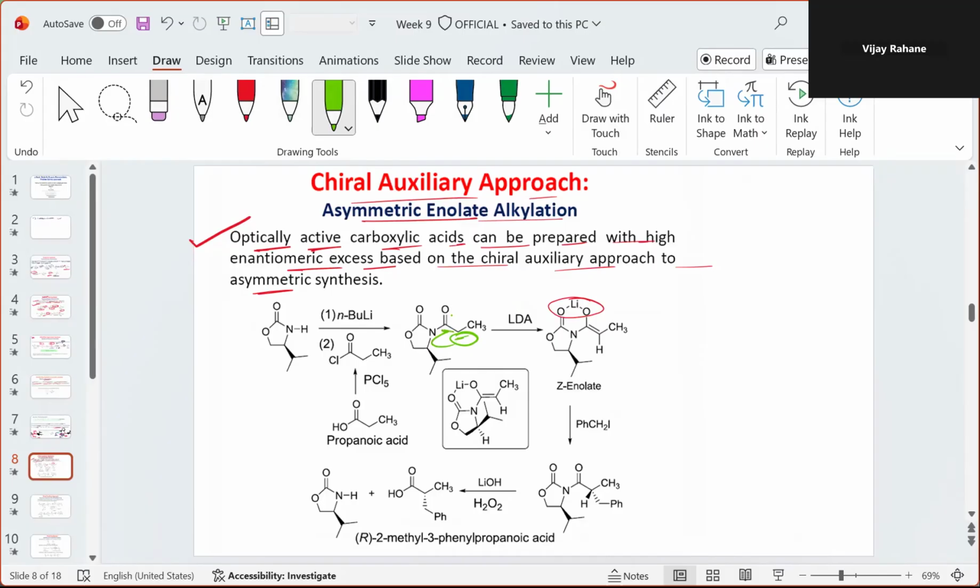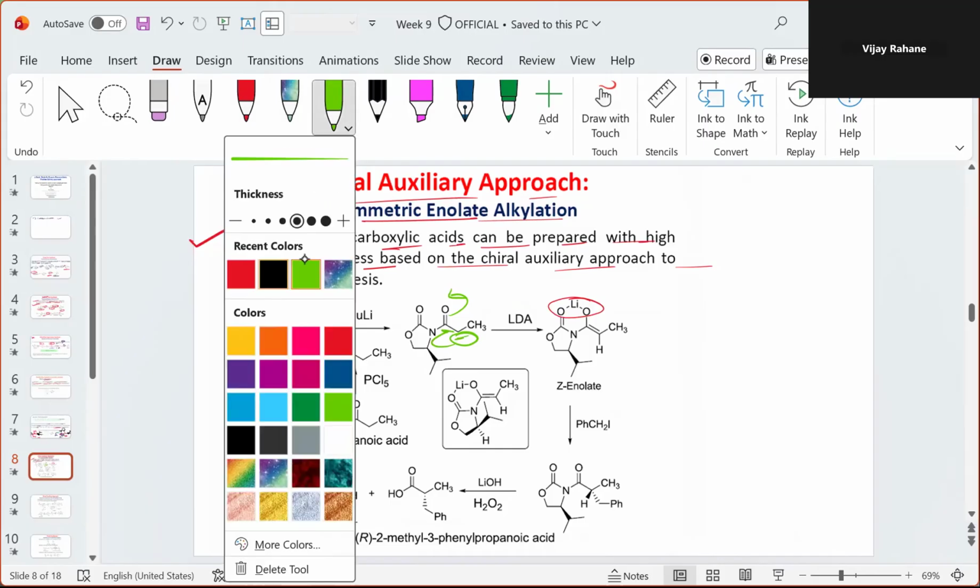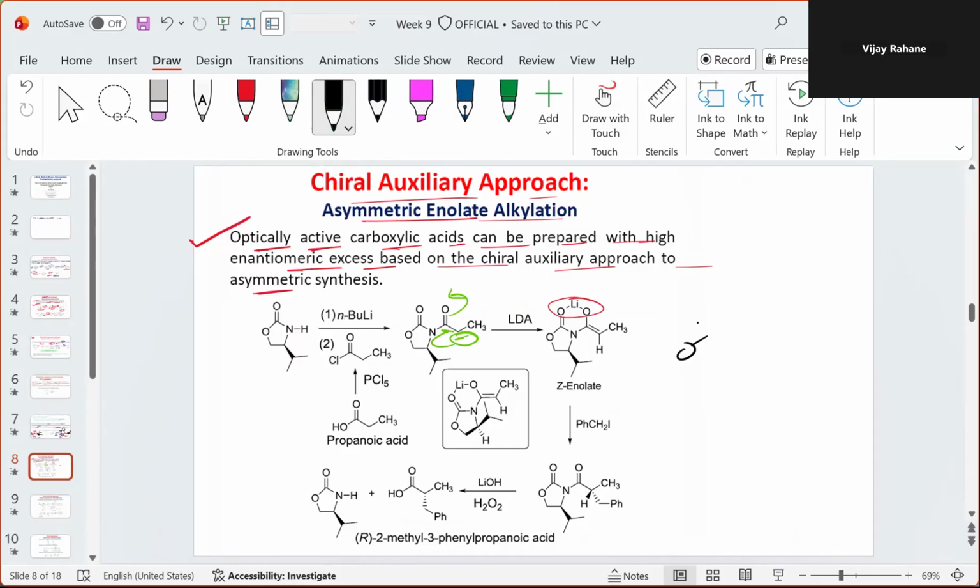Once this anion forms, this bond goes here and it forms O negative. So when it forms the O negative, what happens? Basically here we have this O negative and obviously there should be, sorry, the Li positive, right? Li positive is a counter cation. So this adjacent oxygen atom also participates in the bond formation, and